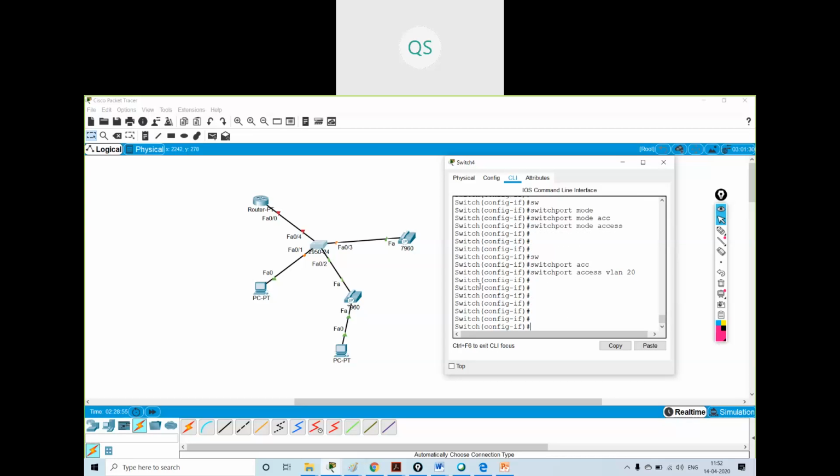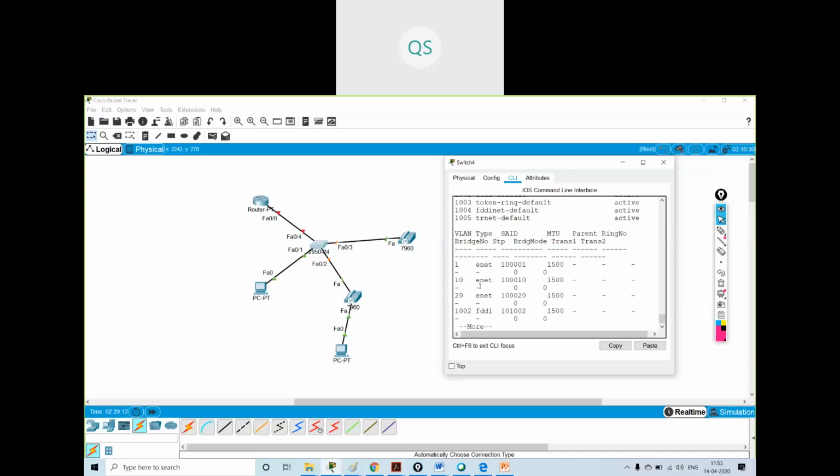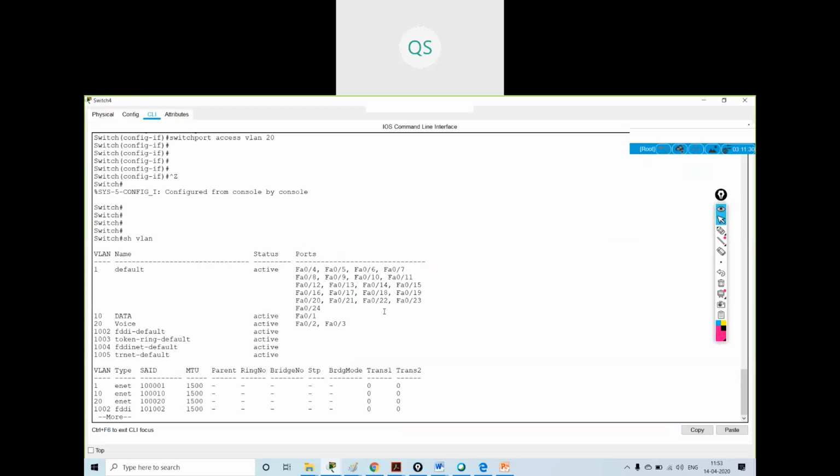Okay, exit. Interface fast Ethernet 0/2, switchport mode access, switchport access VLAN 10, also VLAN 20. Okay, show VLAN. I've configured all the things.